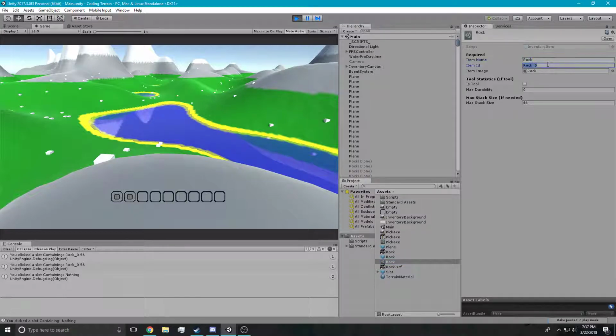I can give it a name, I can give it an item ID, so that way when I'm saving it I can have multiple things with the same name, like different types of wood, like how Minecraft has acacia wood and everything that is the same thing but just looks different. I can have the same base name, and then I can have an underscore and then the type of that base. I haven't added anything to deal with the item ID, it just is there for demonstration purposes at the moment. And then you can specify a texture,